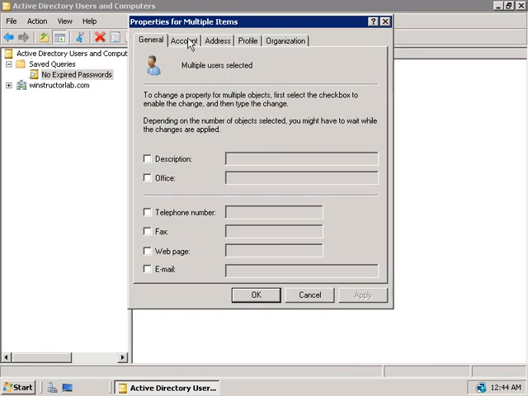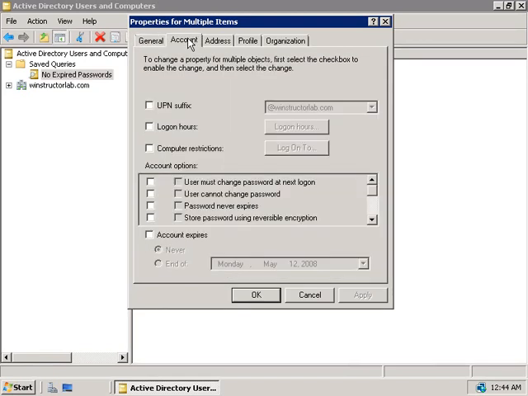So let's click on the Account tab, and here we have the options relating specifically to the account options, UPN suffixes, logon hours, and logon restrictions. But note here under the Account Options section that we have 2 sets of checkboxes. Now if we want to apply changes to our existing settings, we'll first need to check the box on the left hand side, and I will